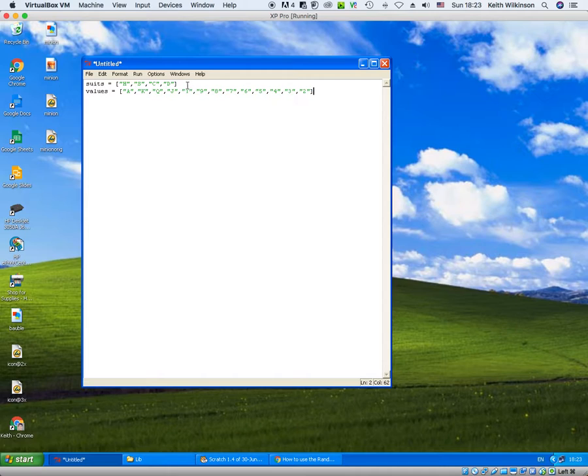So now I've got 2 lists that I've made up. They're fixed. They're not going to grow. I'm only going to use them to start the game off. So I've got my suits and I've got the face values. So what am I going to do with these? Well, I'm going to join them together so that I end up with a deck of cards